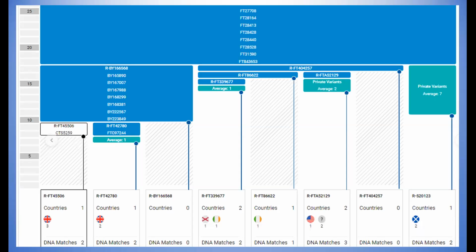Zooming in, you'll see here's our anchor person, and without identifying people by name, our John Parke, who has joined us today and is one of the co-administrators of a breakout project. And I don't know if Deborah has joined us or not, Deborah Parks, but the two of them are co-administrators of this project, which is more overarching. It's a SNP that's a bit higher up on this block tree, but it encompasses all of the people in this. And you can see that I've chosen one of the members who is an anchor person on here,